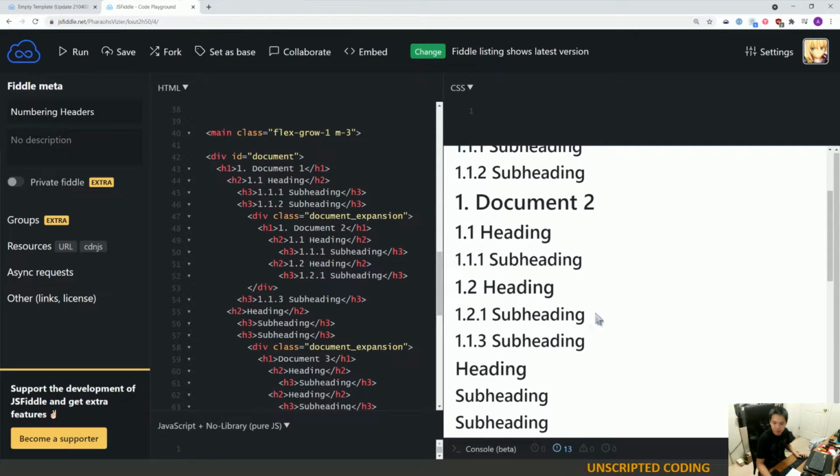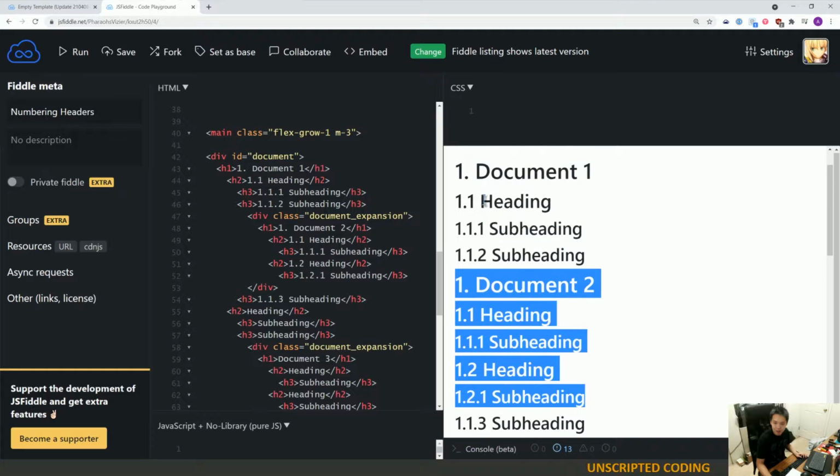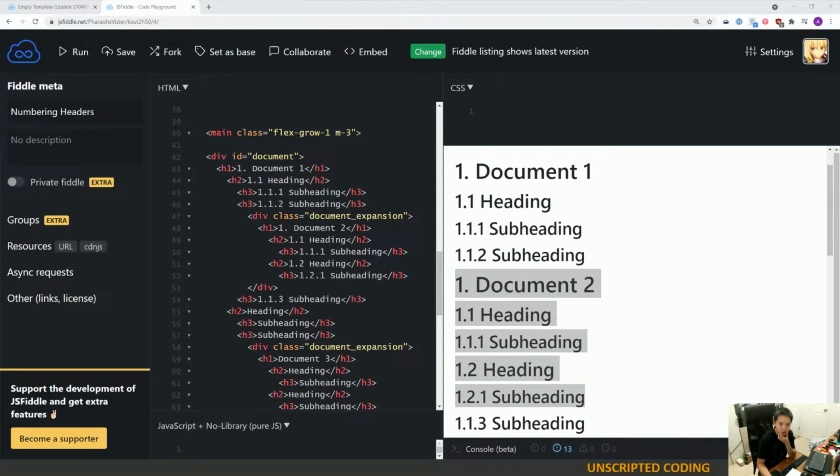Does that make sense? So this is in a div on its own. This document 1, it continues, but I just jammed another document in between. Now, this isn't the greatest way to show this,